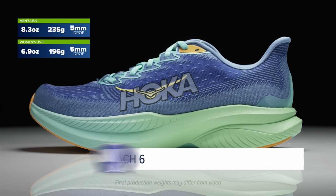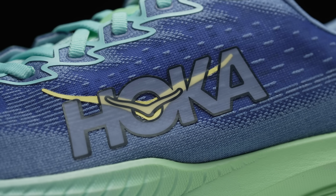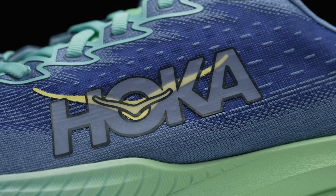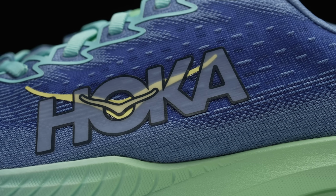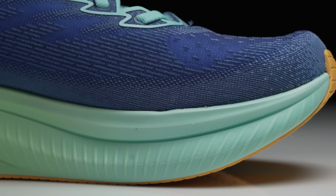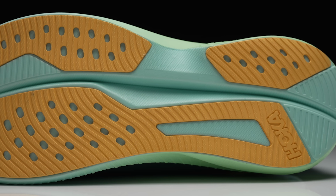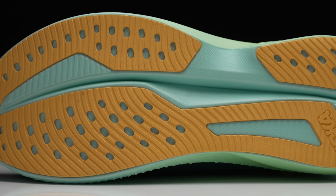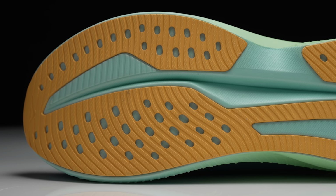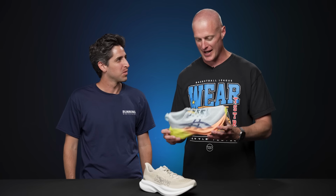It is continuing that light and bouncy kind of pattern of things that I like, but not having a plate in there. I feel like this shoe is very responsive. It reacts well when I want to go fast. I love it for tempo sessions because I don't feel like I'm getting the help from a plate, but I'm still getting some help from the shoe, which allows me to save those plates for more race day or long run efforts. And I just do anything I want in the Mach 6, but it's being threatened by this guy here,